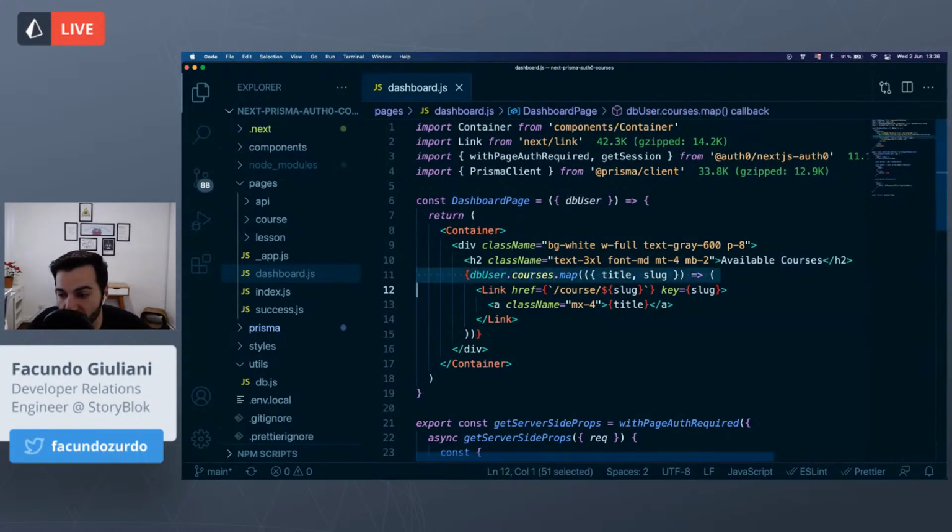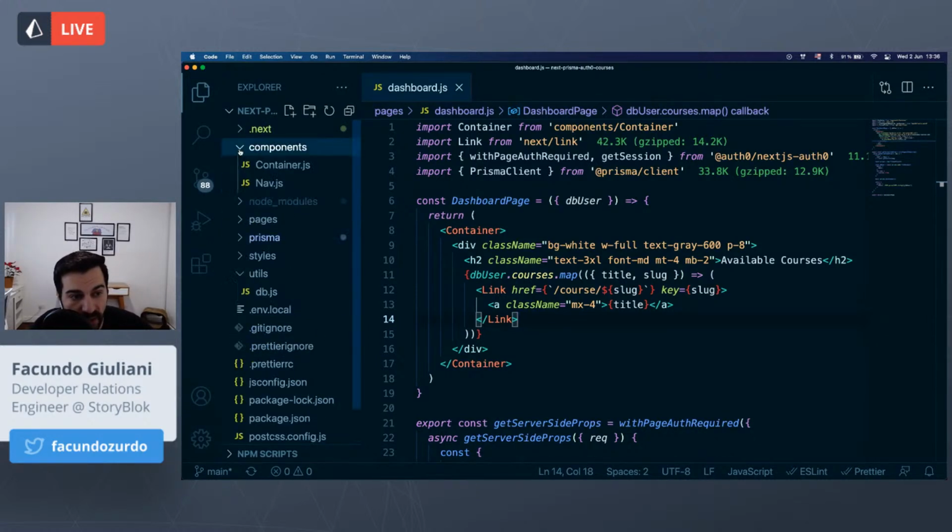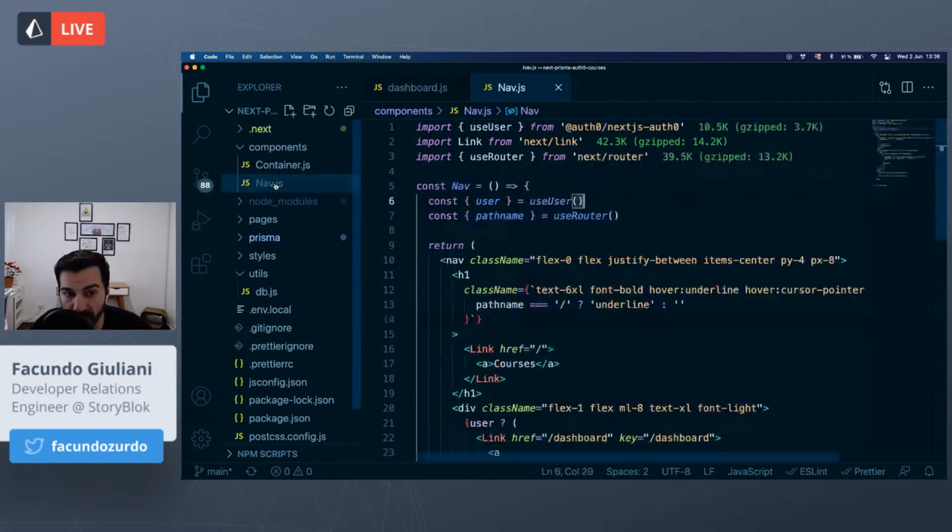We are using the courses list, and we are displaying all of them in the dashboard. And probably another cool component that we can see is the navigation bar that we have in all the pages, because you remember that we are displaying a login link or a logout link, depending on the state of the user, and we are showing or hiding the dashboard link if the user is logged in or not. So to do that, on the client side, we will have a React hook that we can use